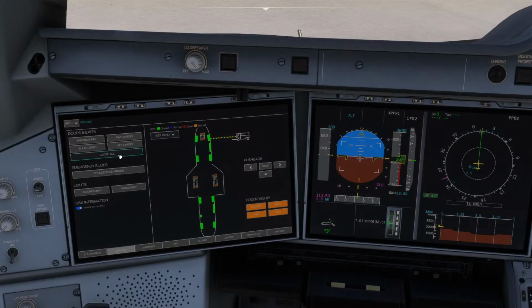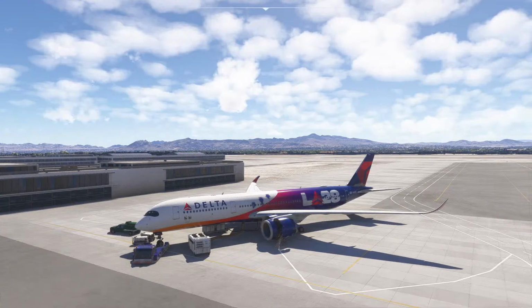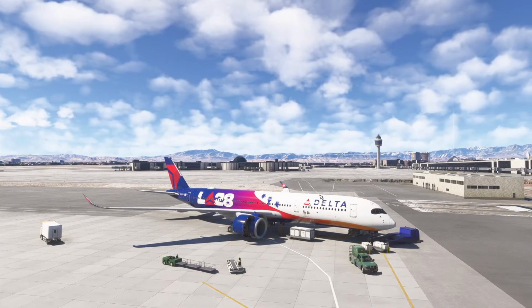So yeah, and then you can actually go to the maintenance. Okay, so let's do that. Let's go to EFB and let's go to maintenance. And now you can actually open the cowling for the engines. So if you look here now, you see that you have the engine. Let me switch real quick to